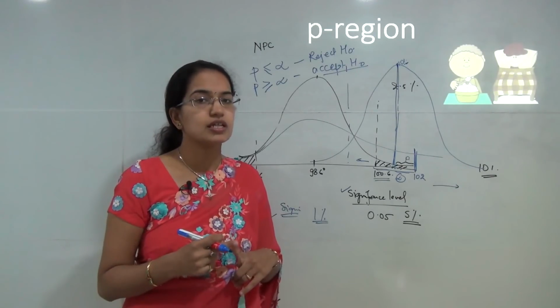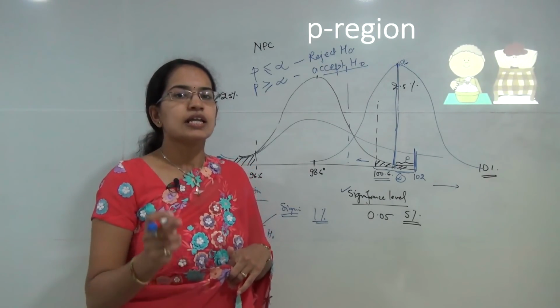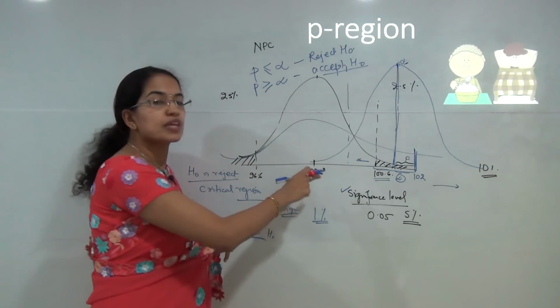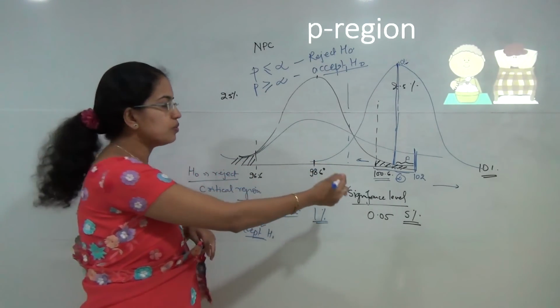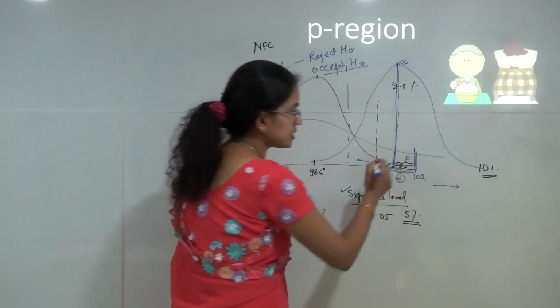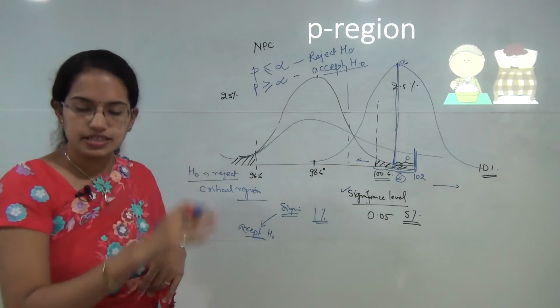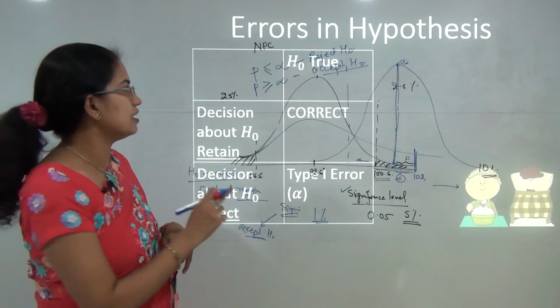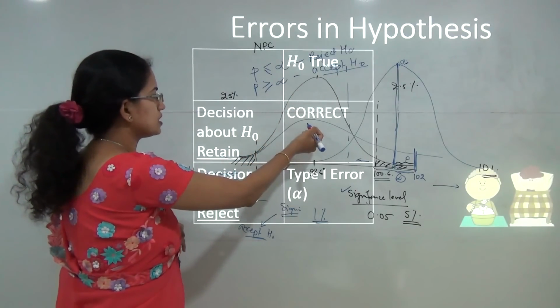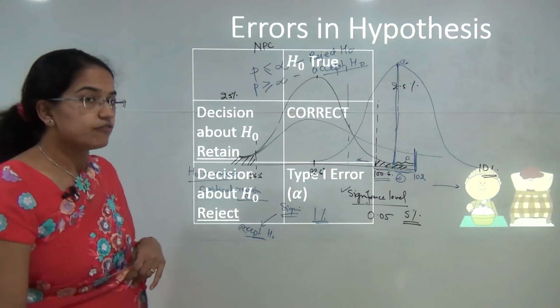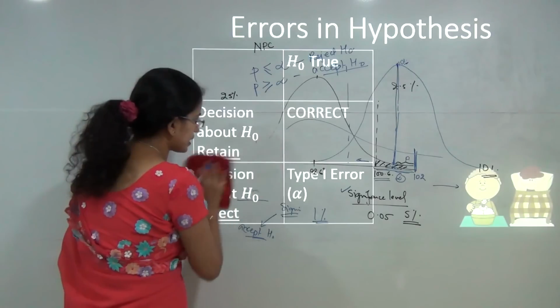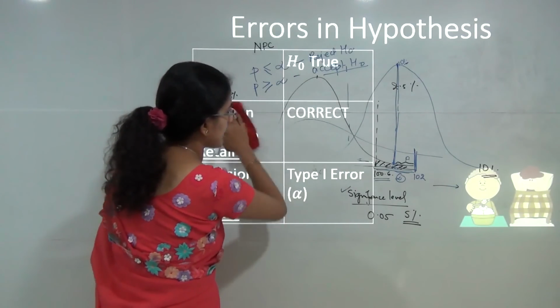So what I am doing is, I am rejecting the null hypothesis when the null hypothesis is true, because you have this region which is here and still you are rejecting it. So that would be the alpha. When the null hypothesis is correct and you reject it, you call it type 1 error. We will not move on to the type 2 error right now, because let's first understand this.